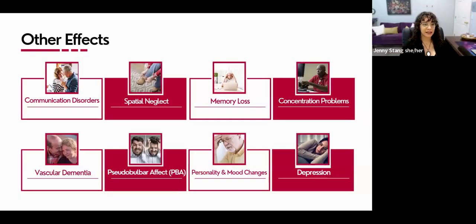Aphasia is a difficulty using or understanding words. Okay, so this can obviously cause problems with understanding, finding the right words to use, reading or writing. So your loved one is still talking, but maybe they're using the wrong words, or you're speaking to them and they're not recognizing familiar words. Okay.